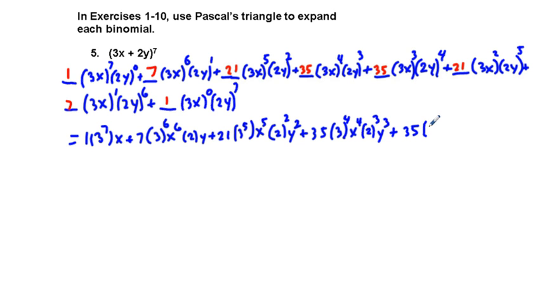We're going to have 3 to the 3rd power, x to the 3rd power, times 2 to the 4th power. See, that's legible. And then y to the 4th power, and I'm going to make this next row down below, plus we have 21, 3 squared, x squared, and we have this 2 to the 5th power, y to the 5th, and then we have plus